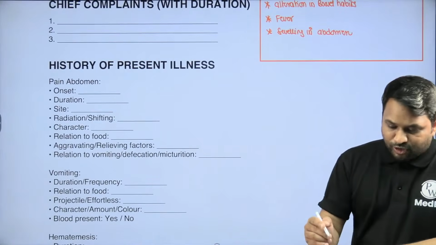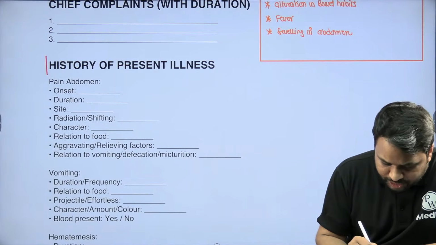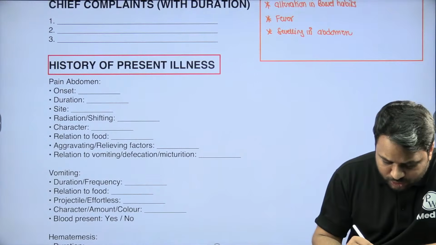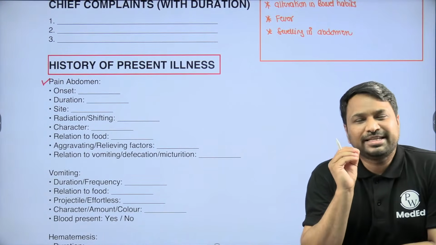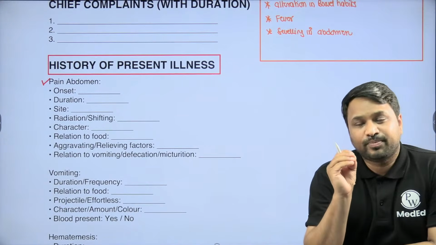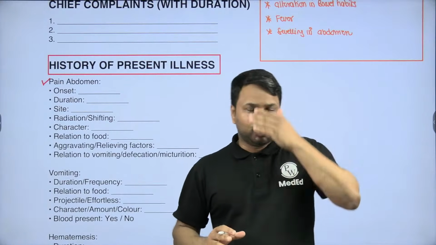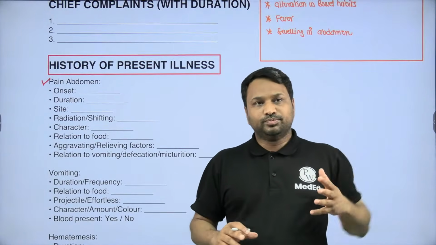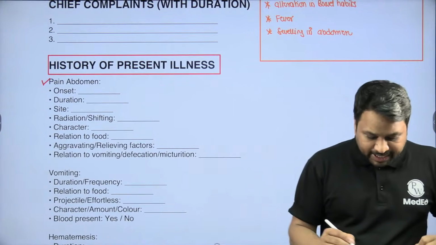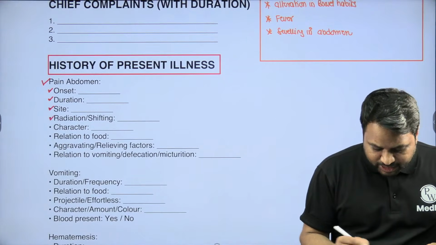Now, in the history of presenting illness, the first and foremost important is pain abdomen. You will ask the onset. When did it start? Onset and duration are two important aspects in the pain that you should know. Onset actually tells you when did it start, and duration is how long the patient has been suffering from, right? Then the site where it has been presented initially, whether it is radiating or not,